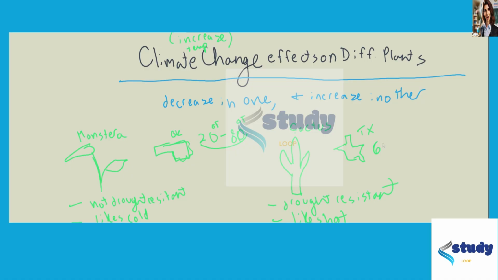So this cactus likes like 60 to 105, okay? Because that's what average temperatures in Texas are going to be. So as temperatures increase, let's say after climate change, so let's make it red for climate change. This is going to be increasing to like, let's do 50 to 90. Doesn't seem like a big increase, or 100. And then this is now like 70 to 110. Okay? Not very big difference.